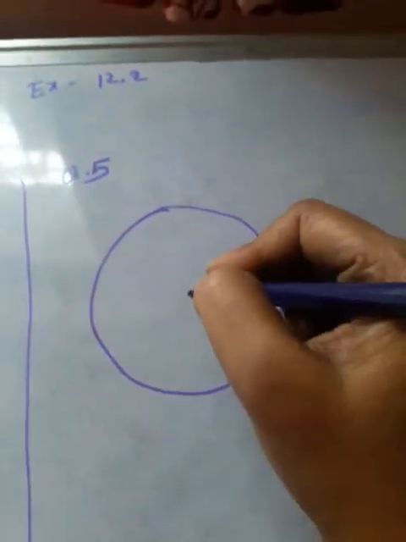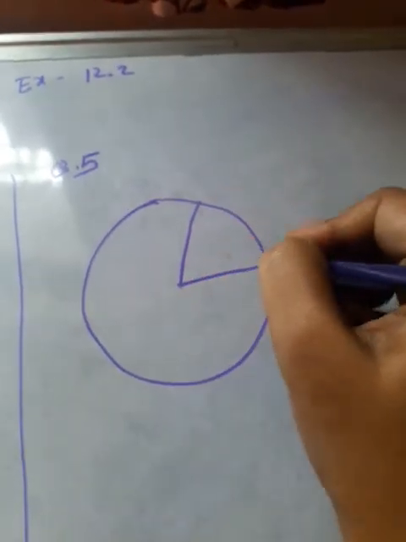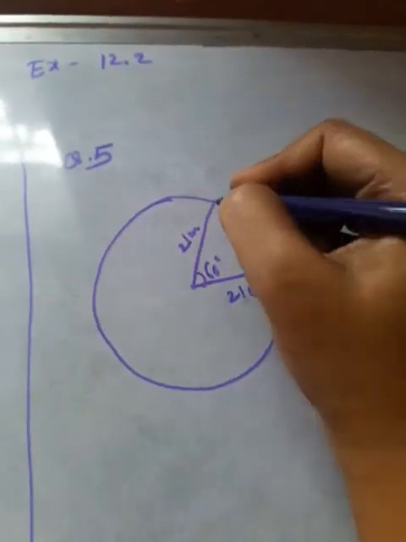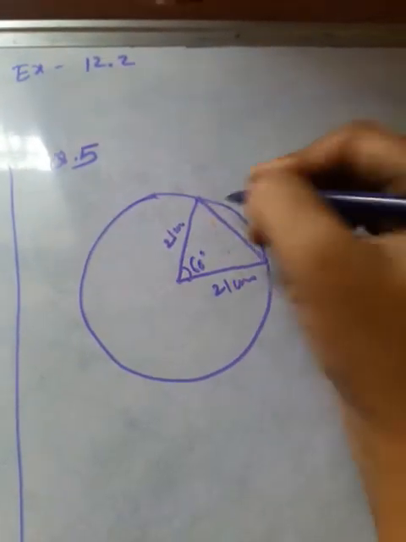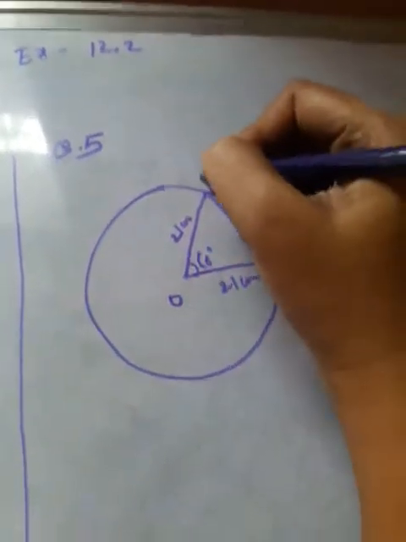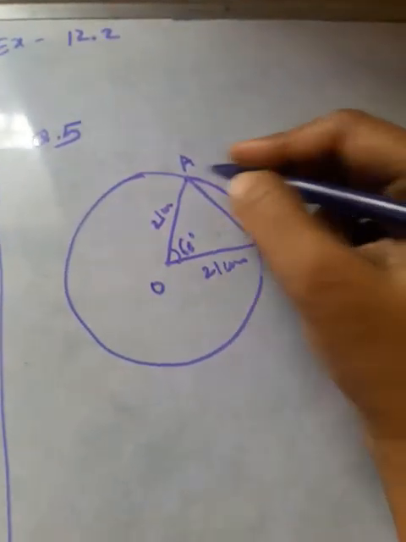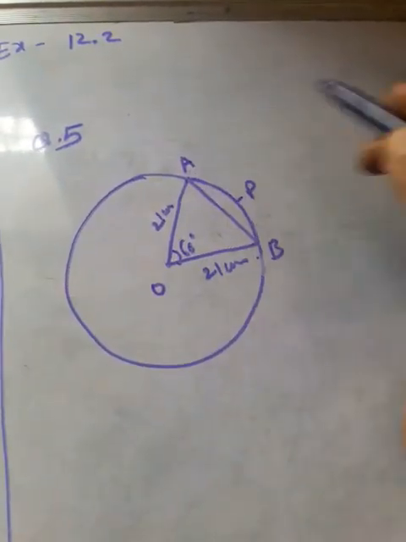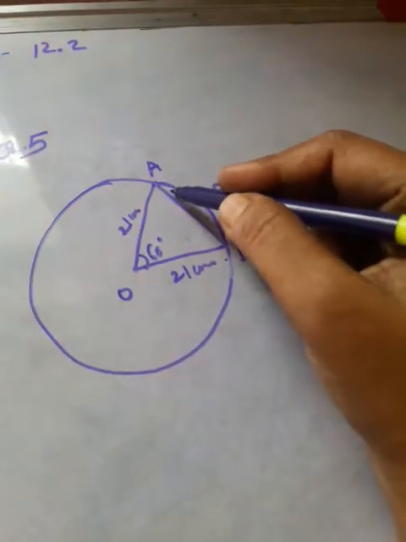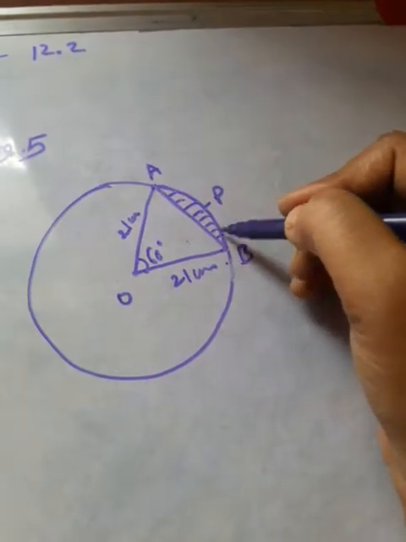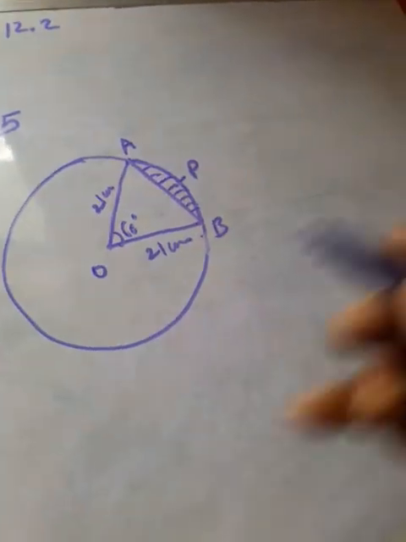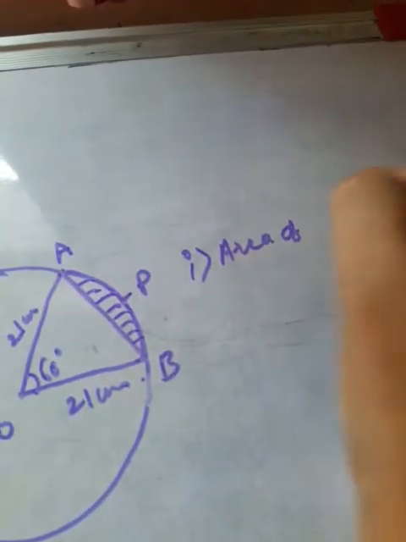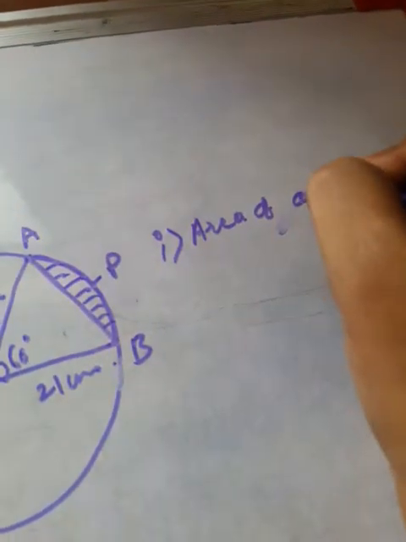Suppose the angle is given as 60 degree and the radius is given as 21 centimeter. You have to find out the area of this arc. Suppose this is OAB and this one is P, APB, the area of this sector OAPBA, okay, and the area of the segment formed by this chord, means this minor segment. These three we have to find out. Firstly, find out the length of the arc